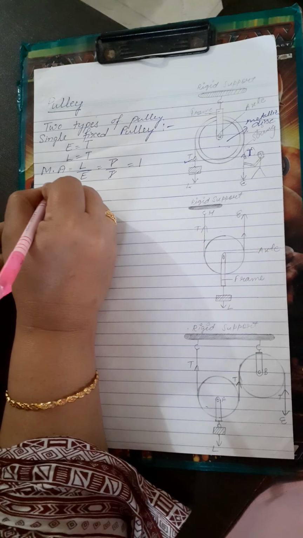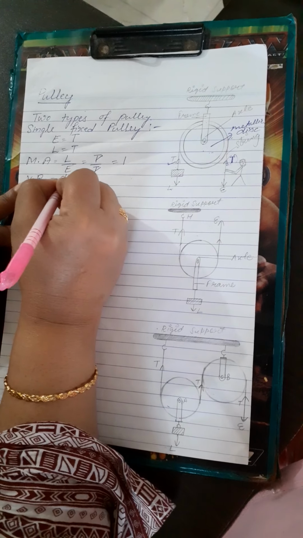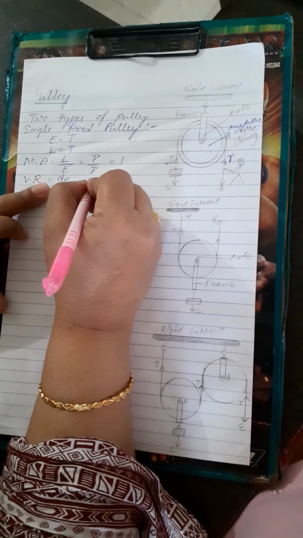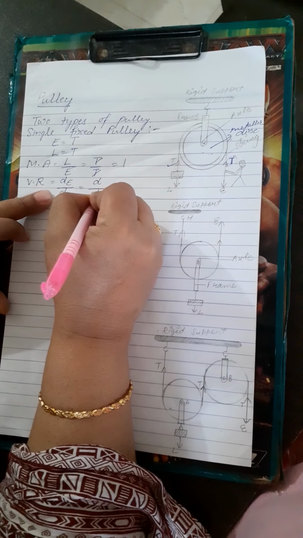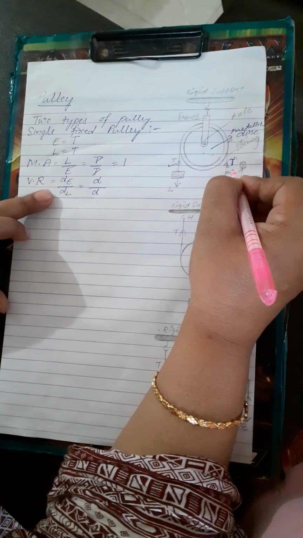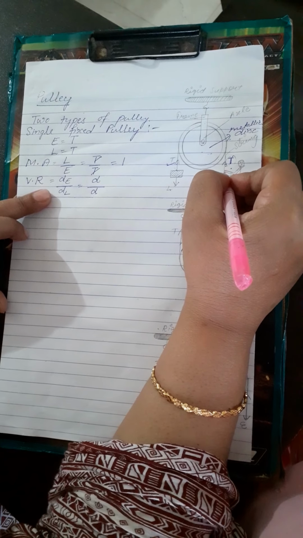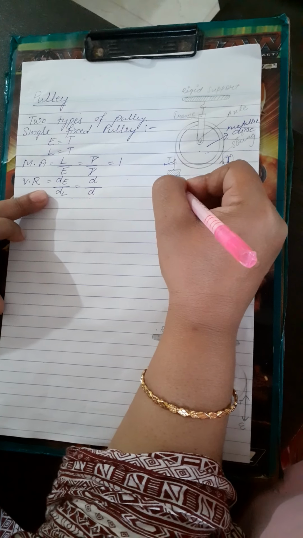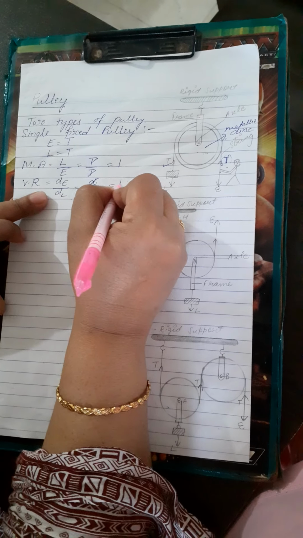After that, beta, we have to find the velocity ratio. Velocity ratio will be the distance moved by effort to the distance moved by load. So beta, the distance moved by effort will be equal to single d. The distance moved by the load will also be single d. Means whatever distance the effort is covering to this side, the same distance will be covered by the load. Means the bucket will move up by the same distance. So again the velocity ratio will be 1.